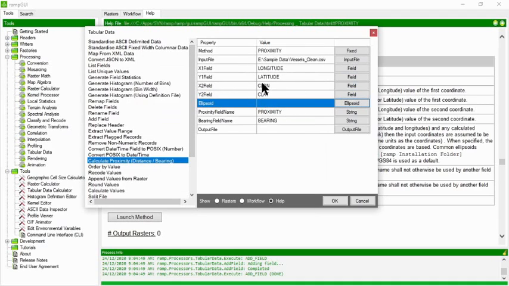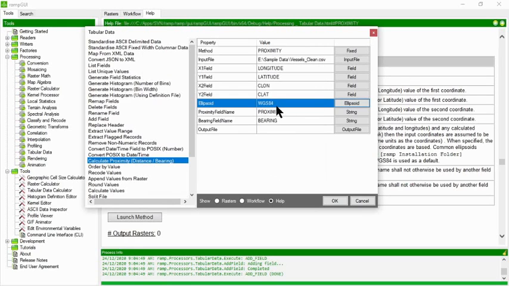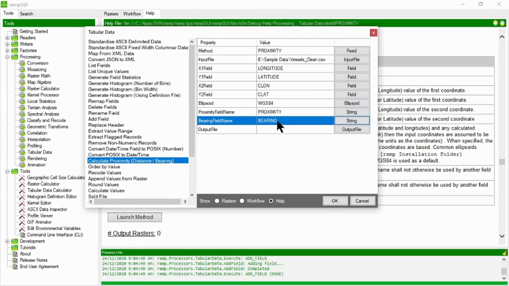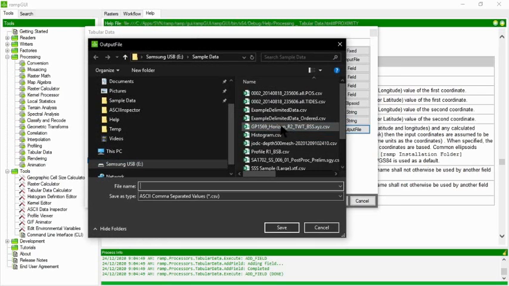Now, because these coordinates are geographical, I also need to specify an ellipsoid, and it's asking me now what my output fields are going to be. So this will calculate both the distance or proximity and also the bearing from x1, y1 to x2, y2. So now let's choose our output